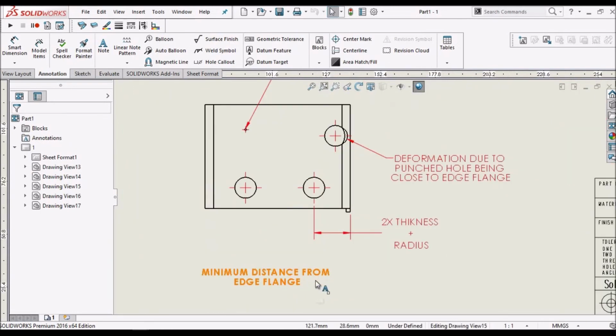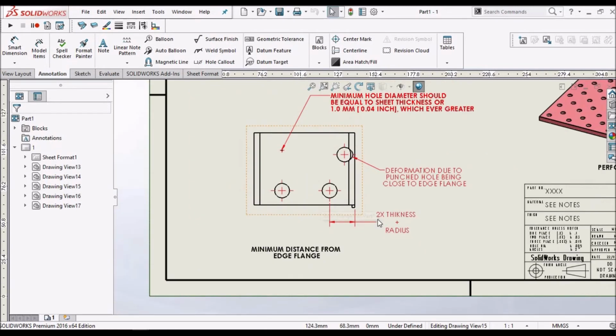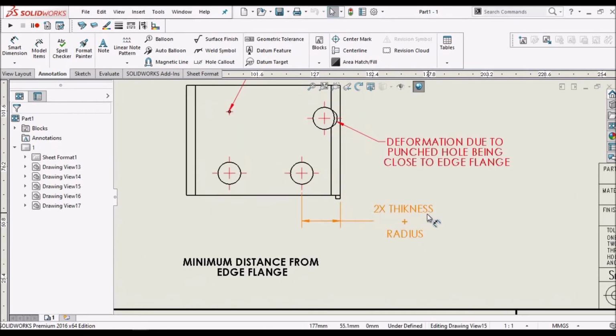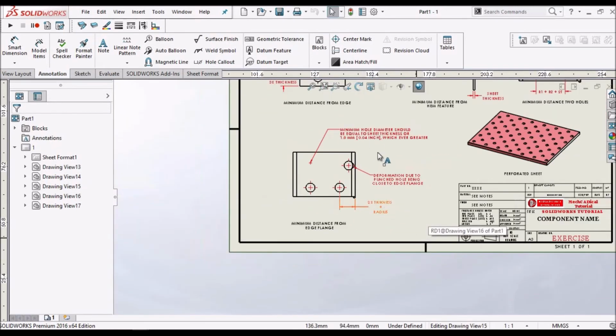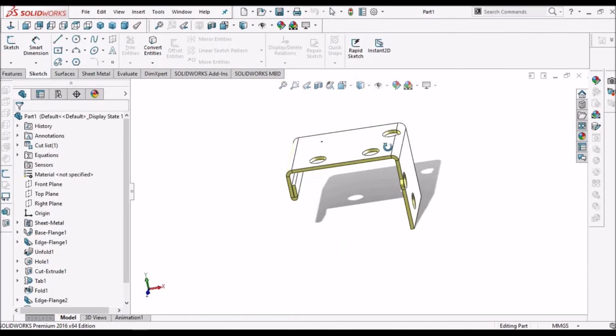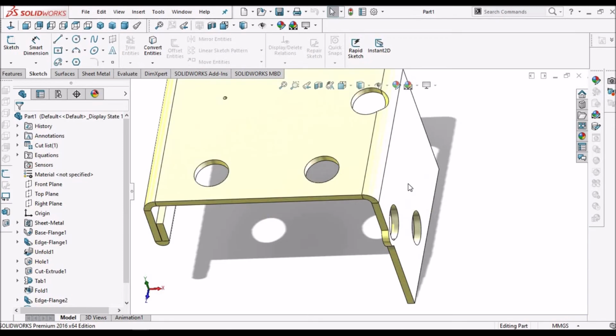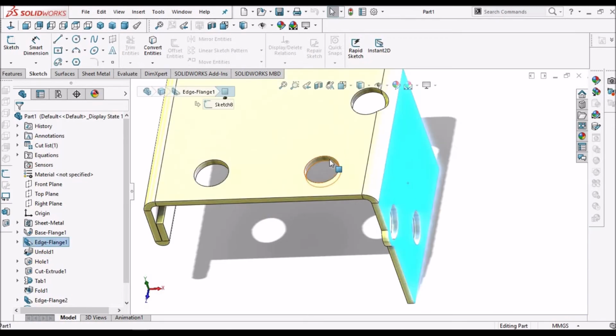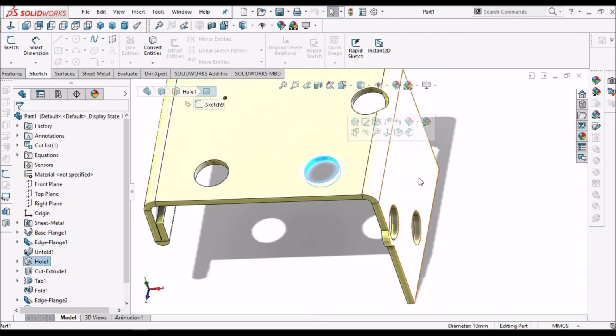The minimum distance between the flange and the hole should be 2 times the thickness plus radius. So this is the flange and this is the hole. So we have to maintain a certain distance.